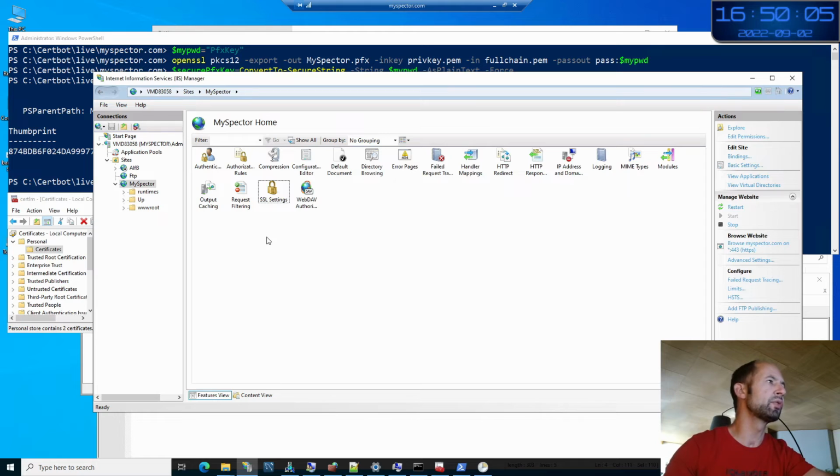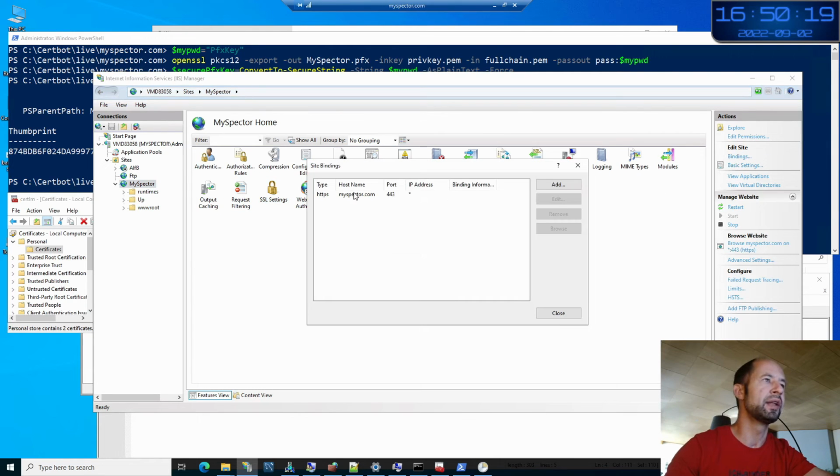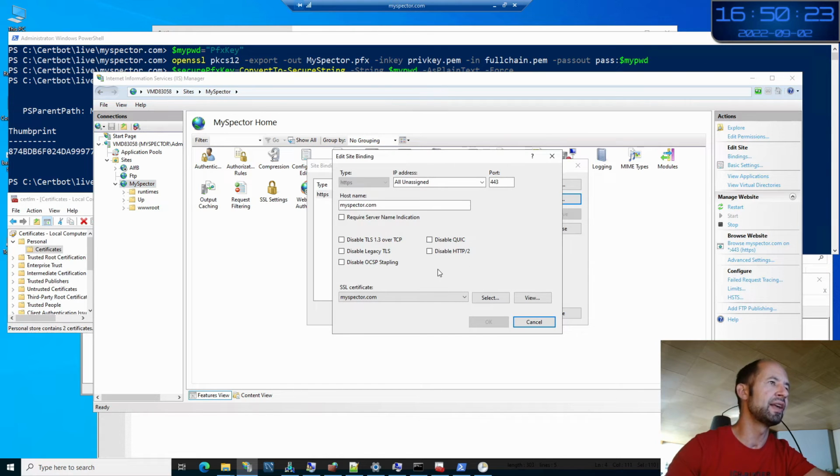Now let's look at the settings of the website to ask it to choose the correct certificate. So I click on my website, then on bindings, then on the line with HTTPS, then edit, and here SSL certificate. Let's click on view.